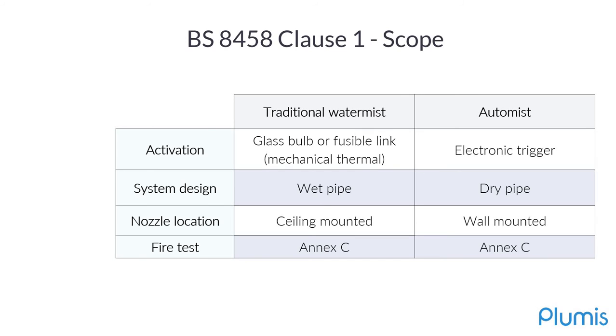So if we make a simple comparison here of the differences between how the traditional watermist systems are described within the scope of 8458 versus how watermist is, we can see that the activation is mechanical versus an electronic trigger. You can see that the system design is a wet pipe versus a non-pressurized dry pipe system. You can see the nozzle location is ceiling mounted versus wall mounted, but the fire test is the same for both systems. They're both using Annex C as a measure of performance,